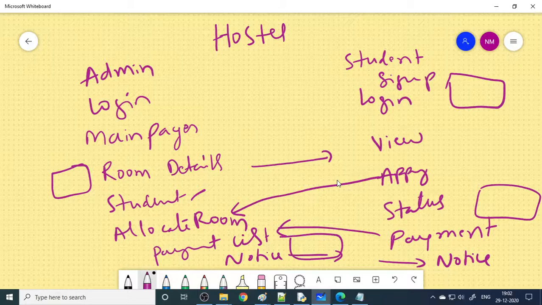And we need to decide what fields we want to add, what fields you require in these particular tables. I'll show you the tables so then you'll get an idea. So this is the logic, this is the flow chart. That is what we want to provide you in this hostel management as a mini project. But you can do a lot of things. Once you learn these things, maybe you can improve this.